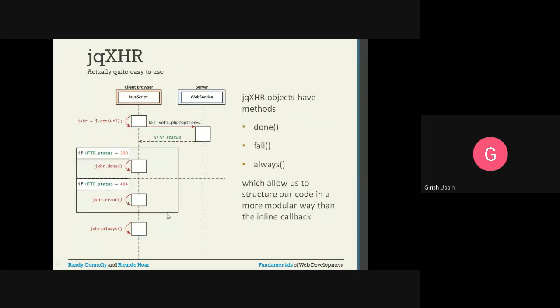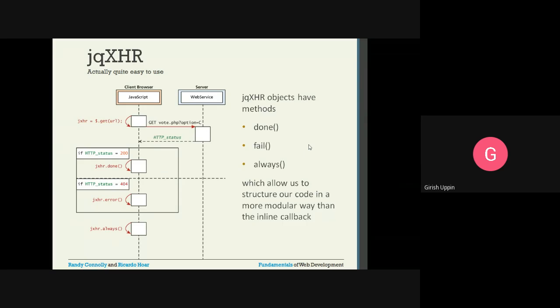Now, using the jqXHR object. Whenever we are making a request, either a get request or a post request, we are going to receive an object, that is the jqXHR object, and it has methods. These methods are done, fail, always. We can use these methods to make our code modular.